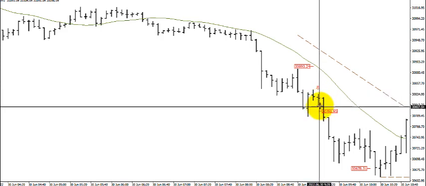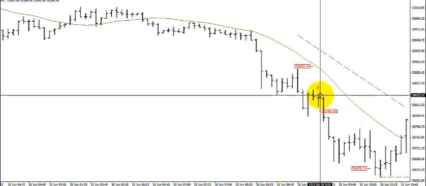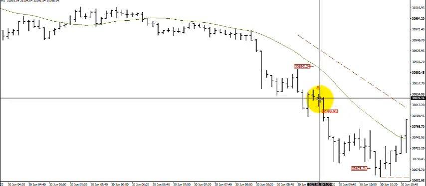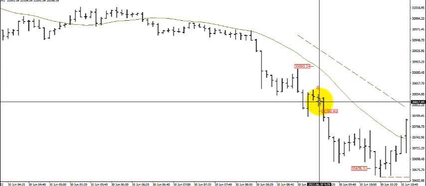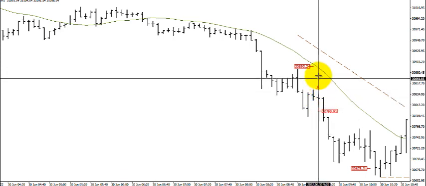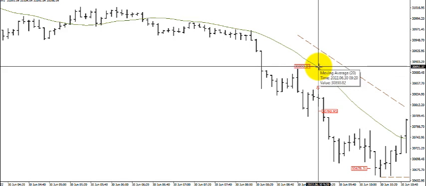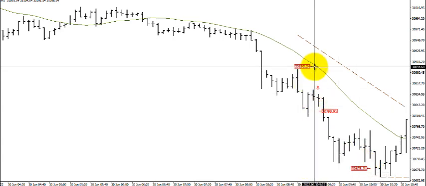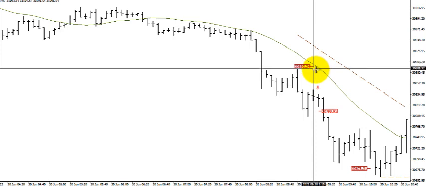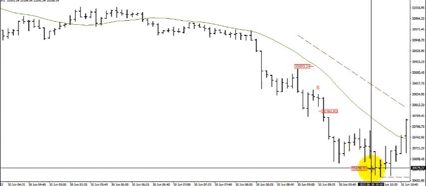So I have to wait until this candle closes. That's the first thing: wait until the candle or the bar closes, confirming that it's closing 45% off the lows, and then figure out where my stop loss is, right up here at the 20-day moving average. And then I can figure out where my targets are. I think in this case, this was about a 95-point stop loss, and this was about a 120-point